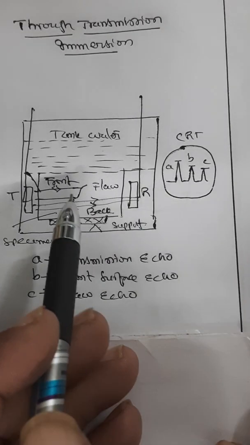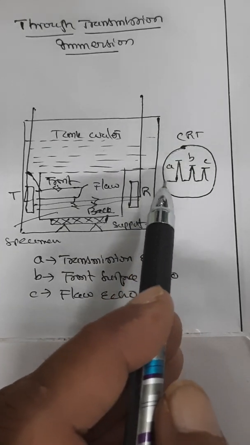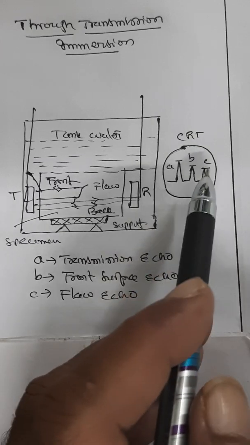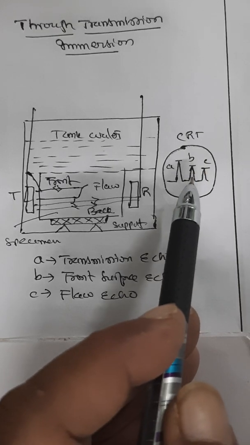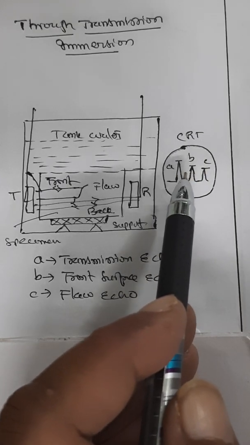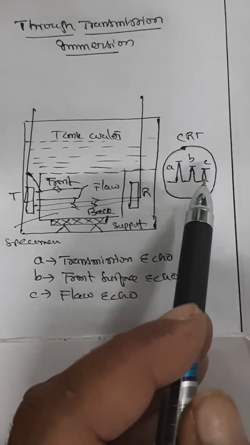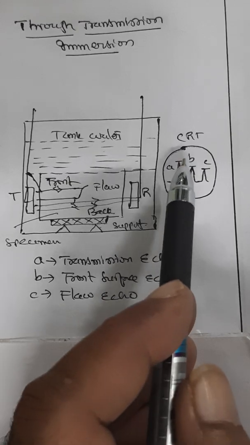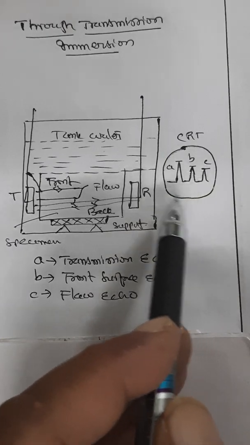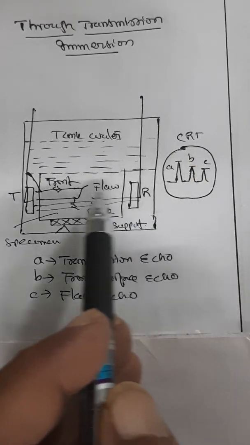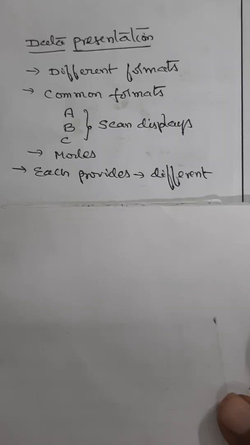So if you carefully observe all the techniques we have used, our focus is always on the image displayed on the screen of the cathode ray oscilloscope. So there are different methods to study the flaws in the test specimen under ultrasonic testing techniques, and the focus is on the study of these patterns. So how do we interpret and understand these images? That is what is known as data representation or data presentation. So our focus is on analysis of the images that are obtained on the CRT so far.